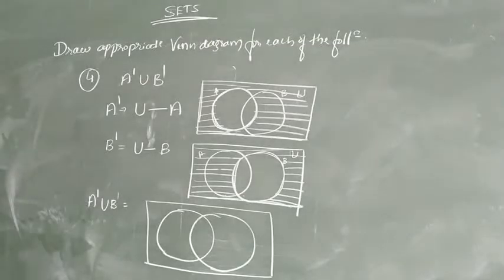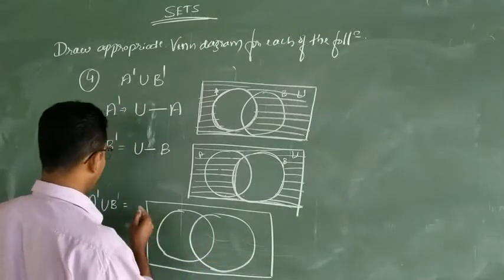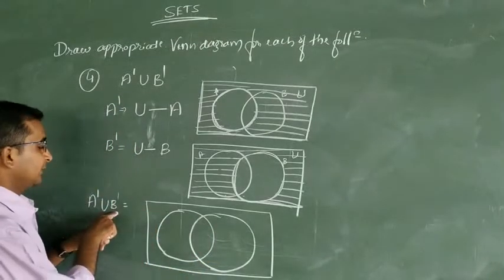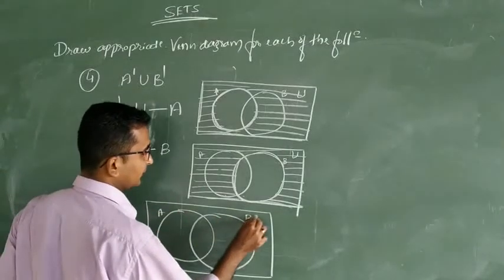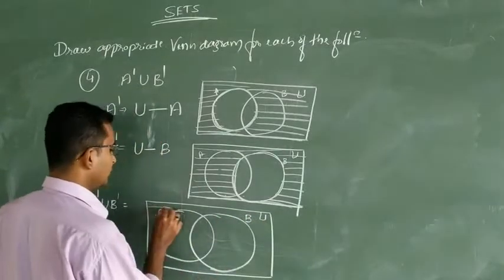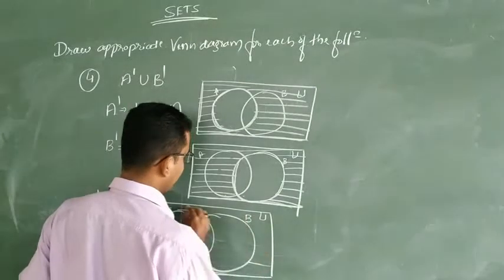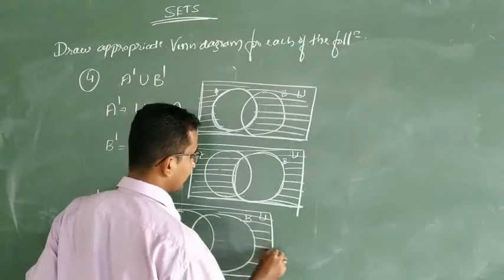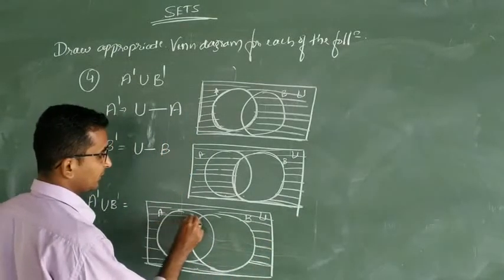So how are we going to fill up that one? You have to take the union of these two. What happens when you take the union? That is the elements which are present in A dash union B dash. This is A, this is B, this is U. U you will fill, that is compulsory. The elements which are present in A dash as well as in B dash as well as in both. Which ones come for us? This position.